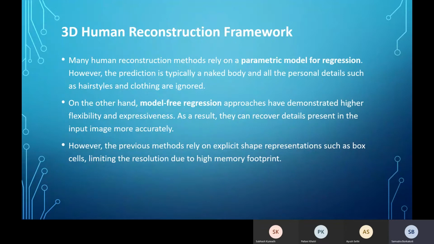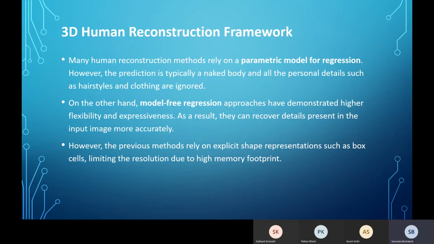The one requiring a parametric model is called a model-based method. The model has all shapes of humans with different poses, the muscular figure, how the muscles interact, move, and pose.